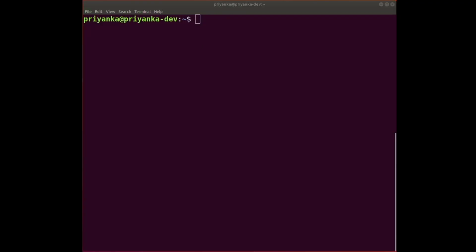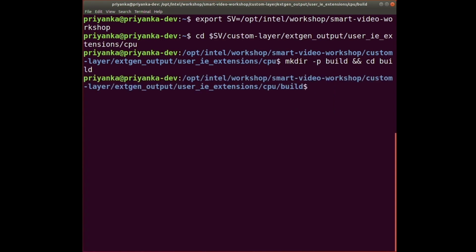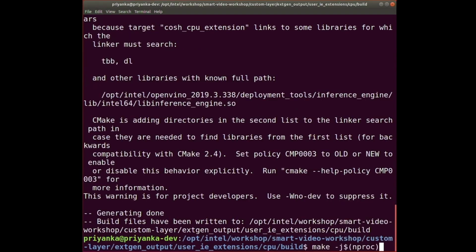Now that we are done with implementing the hyperbolic cosine operation for CPU, we need to compile the C++ code to create a .so shared library to be used by the IE. Let's compile the C++ extension library. Here we are building the backend C++ library to be used by the inference engine for executing the hyperbolic cosine